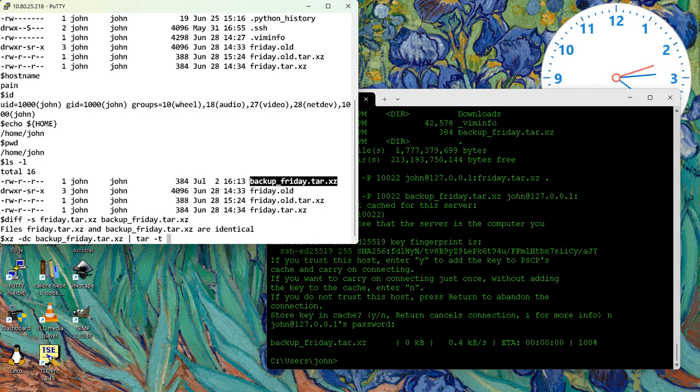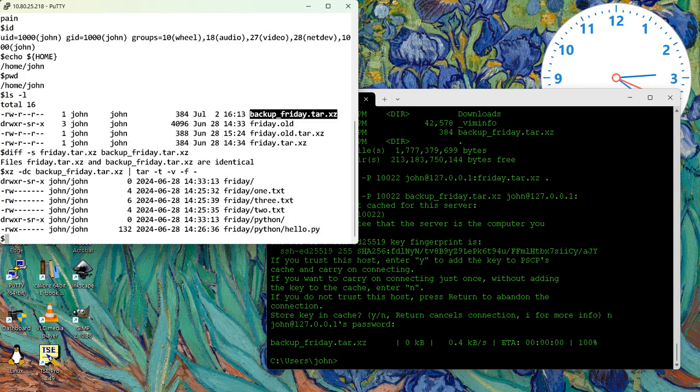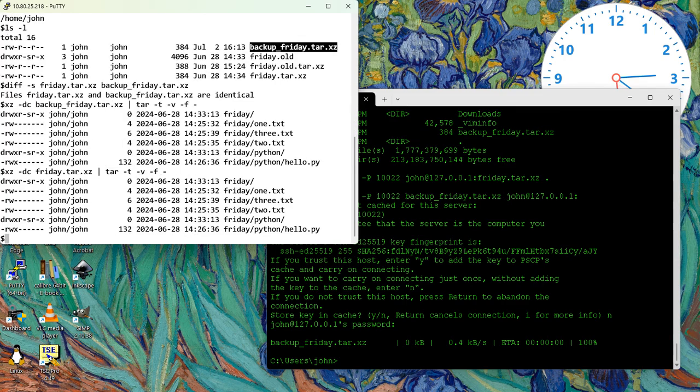I can do the test verbose file from the pipe, and this will list what files are inside. And you see, yes, all the files that we had in the original, which we'll check right now, are there with the same permissions, same sizes, same everything. So we can copy files from Unix to Windows